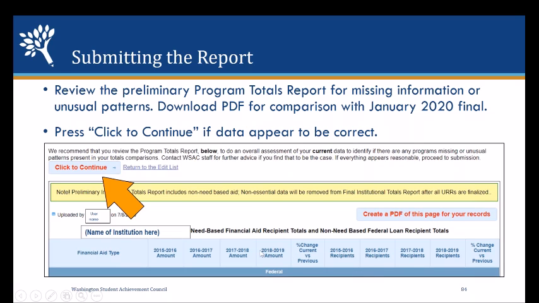However, because the reporting year also includes those non-need-based only students, some of these percentage changes that you'll see may be a bit artificially high at this point. Take a look at this report, see if it looks like it's correct in the realm of reality for you. But before you leave this page, we suggest that you create a PDF of the report,